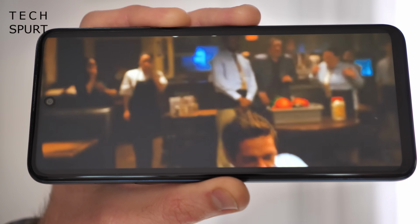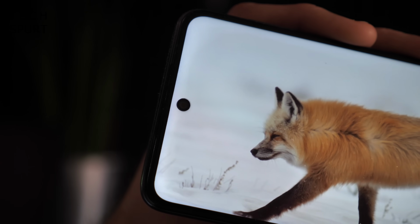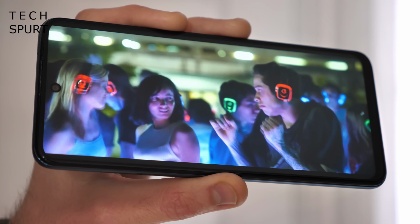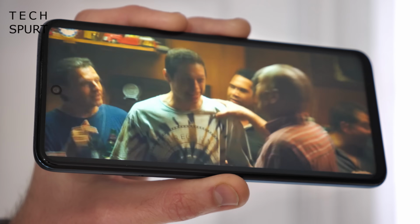And yeah, like recent Samsung smartphones, you do get a bit of pinhole camera there stuck in the middle of that top edge, but you do have the option to hide it away out of sight for some or all of your apps if you do not like it. Great. Sadly, you don't get a super smooth 90Hz refresh rate here on the Xiaomi Redmi Note 9 Pro's display,